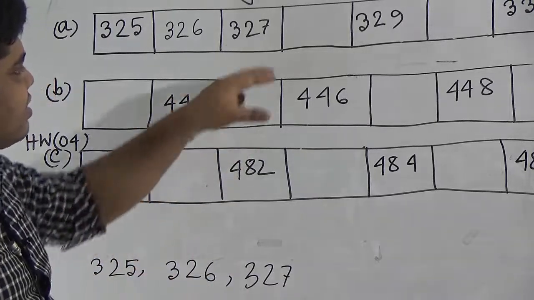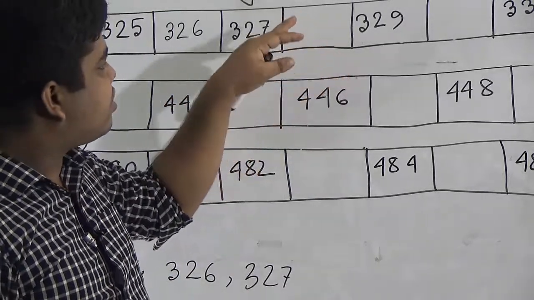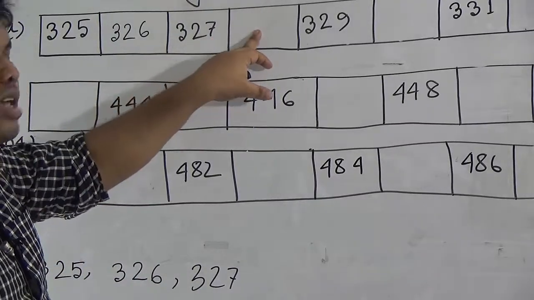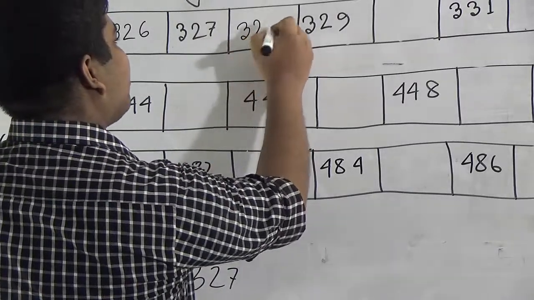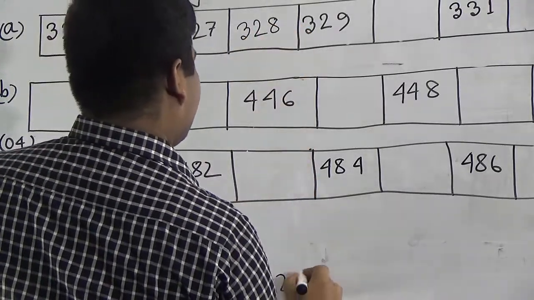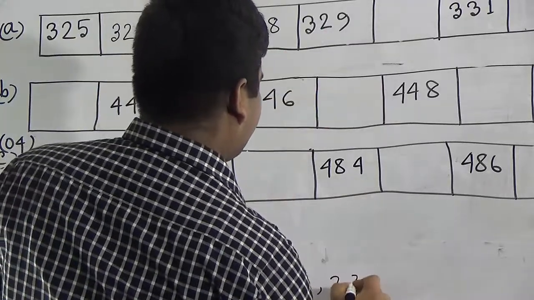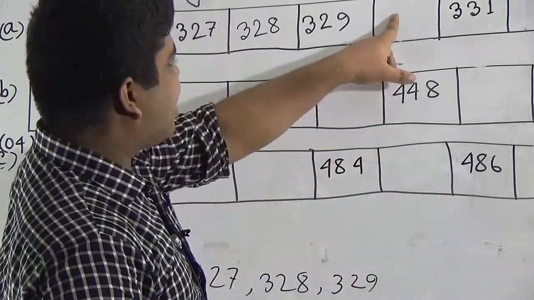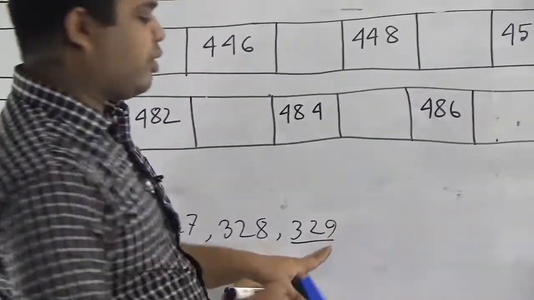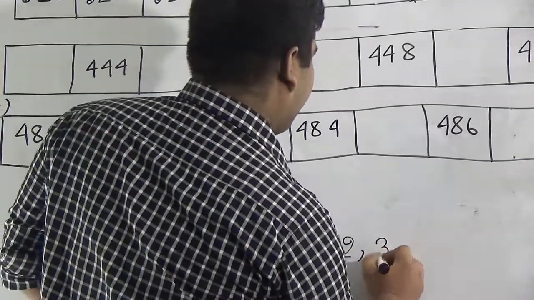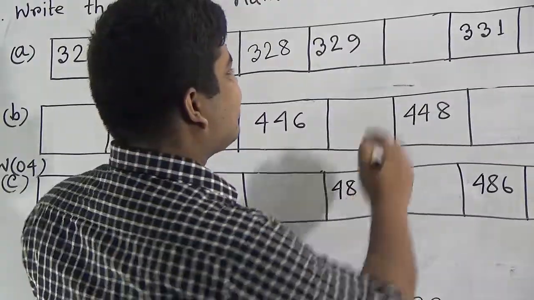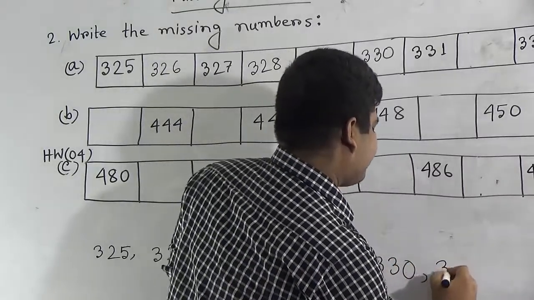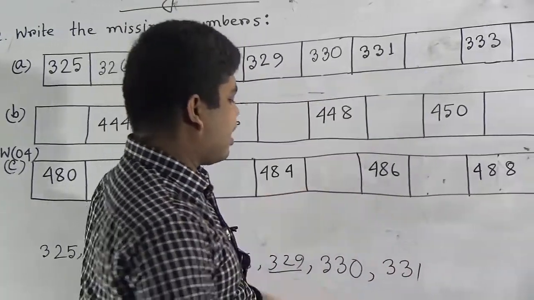Then 326, 327. My dear students, the next number is a gap. So in the gap, which number will be put? That means after 327 the next number is 328. Next number 329. And there is a gap. After 329, which number comes? The number 330. So we write here 330. Okay. After 330 we write 331 which is given, and the next number of